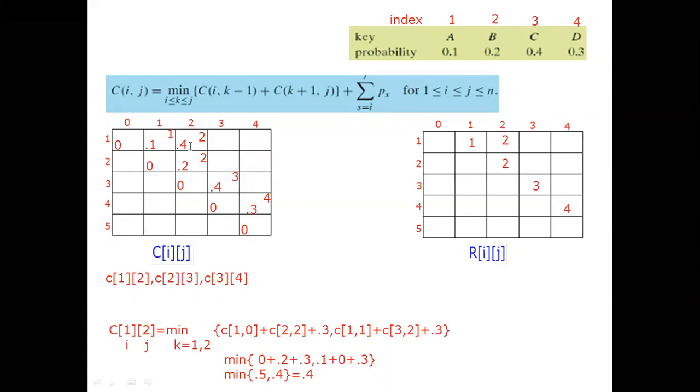While solving one value, please do it here also. Otherwise, later it will get confusing, because we are only filling the diagonal values. If you fill the values one by one, there won't be any confusion. That's why I am drawing that line and all. Now I will calculate 2 3 and 3 4. I will write directly.